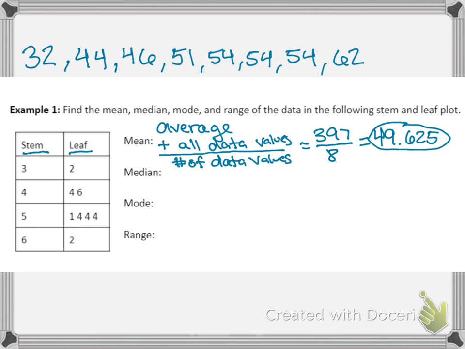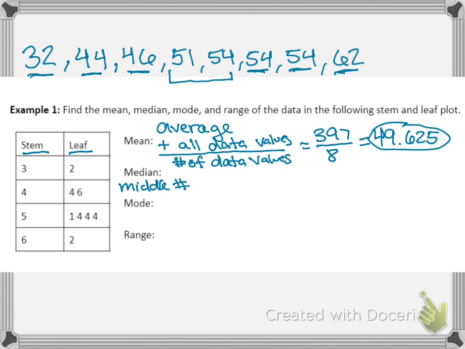Now our median is our middle number. Oops, I spelled middle wrong there. Sorry, guys. So if I look, I can kind of cross off my lowest and highest data values in pairs until I reach the middle. Now, in some cases, you may just have one number in the middle, and that's great, that's your median. If you have a situation like this, where we have 2 data values, in this case it's 51 and 54,